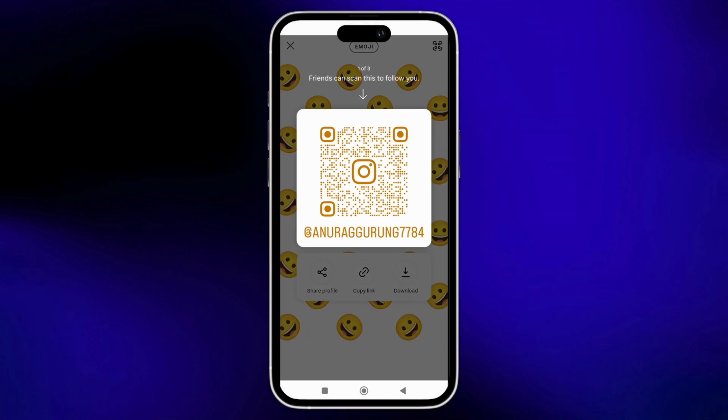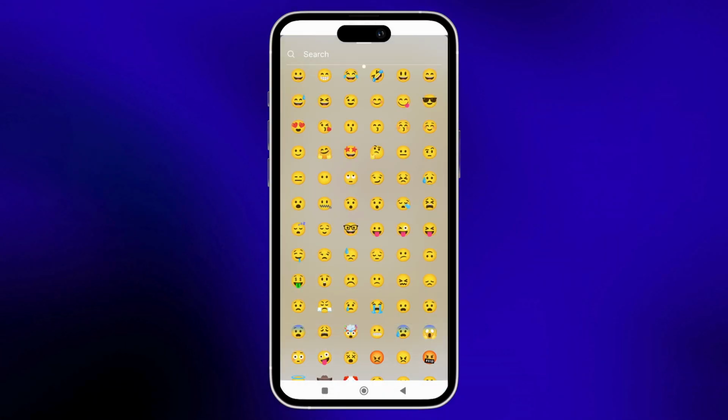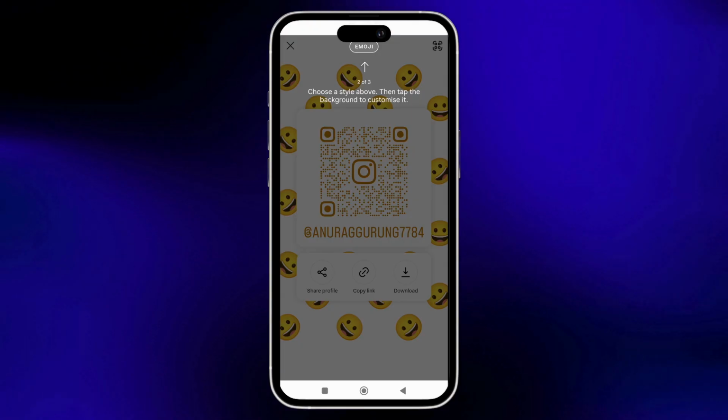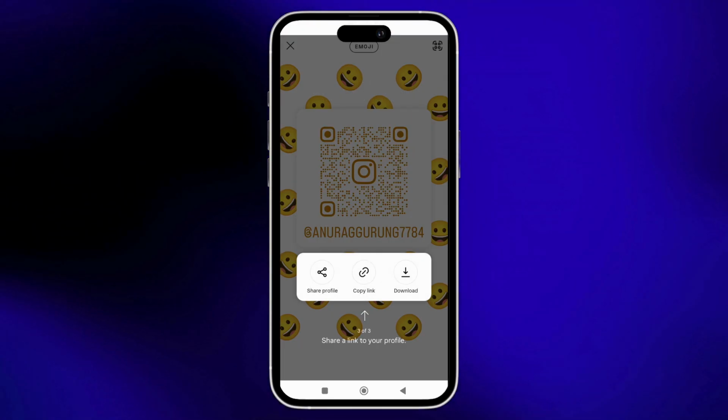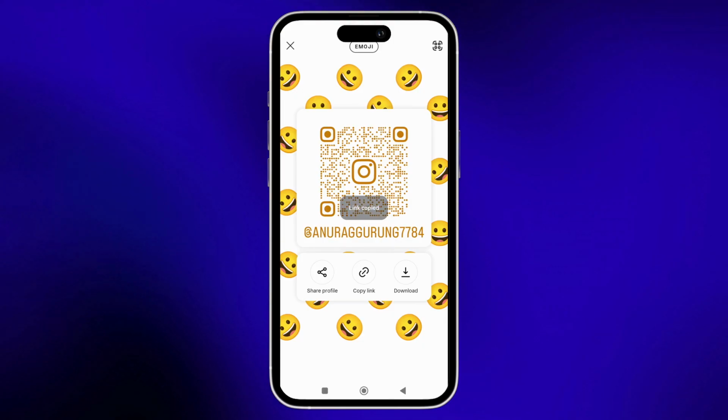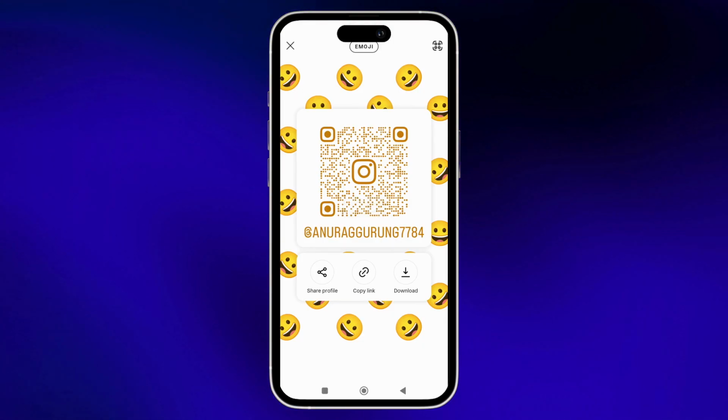And now here in this section, what you can do is you can just tap on this option that says copy link. So simply tap on it, and now here, once you have copied the link of your profile,